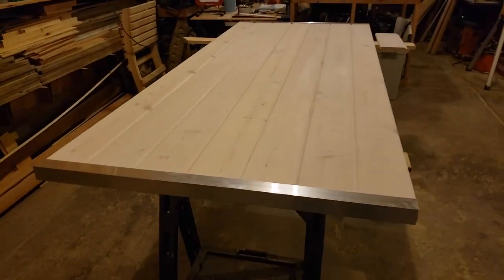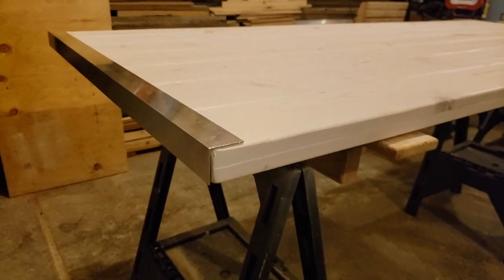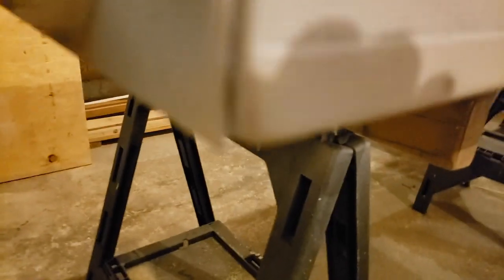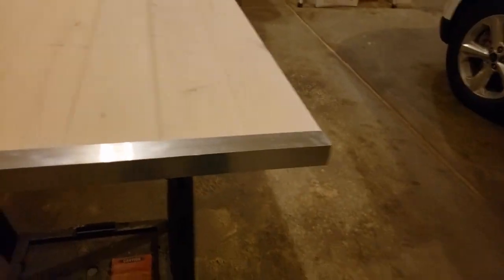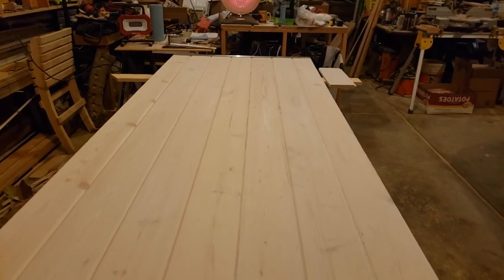Okay, I got my 2 end supports cut. And you can see that they're 1.5 inches by 1.5 inches, so it completely covers the bottom and the top. There is kind of a sharp point here on the edge, though, that I need to file down. I'll need to get that rounded off. So I'll do that on all 4 of the end pieces. So I'll have 2 here and then 2 up there. So let me go get those filed down, and then I'll be able to mark these out and get them